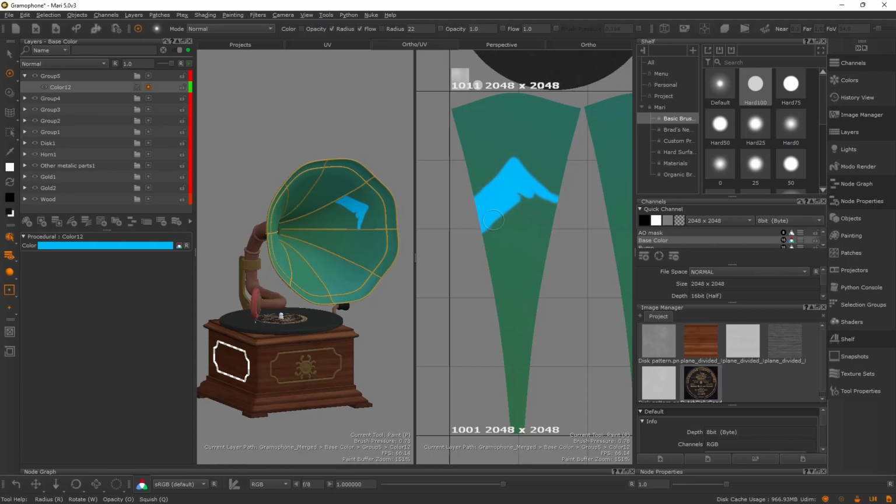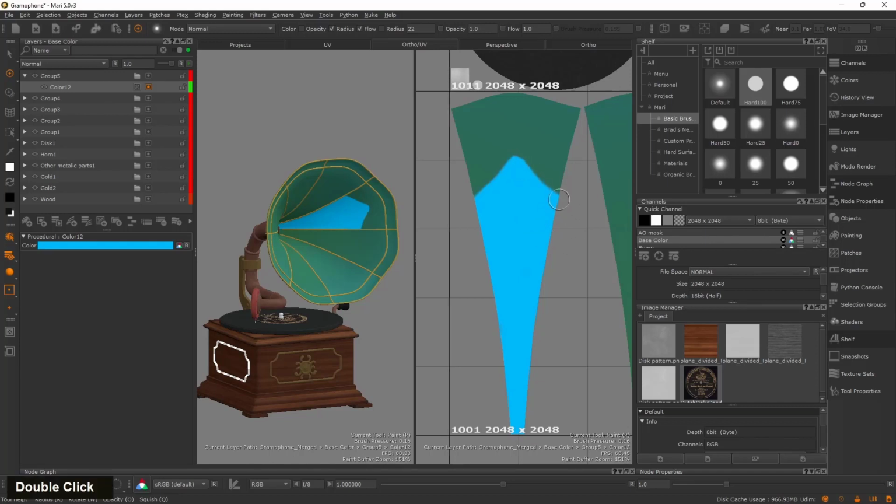Fill this thing up. All the way down, like so. A little bit like this. And